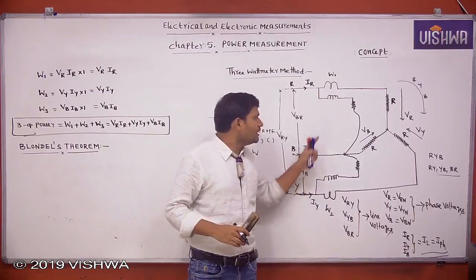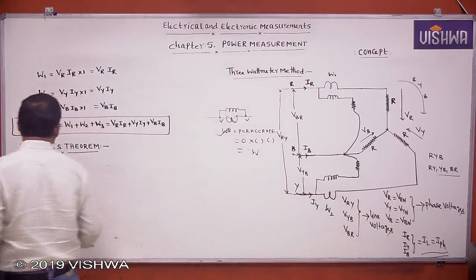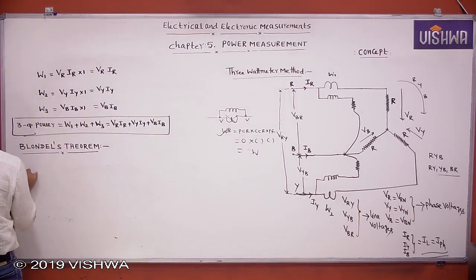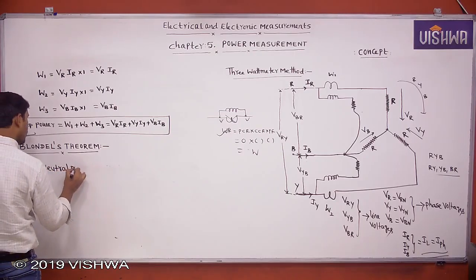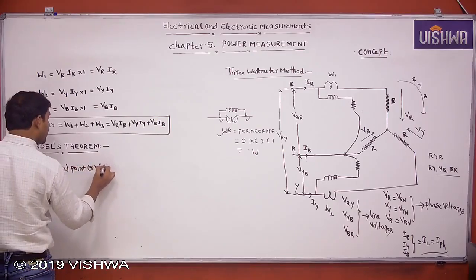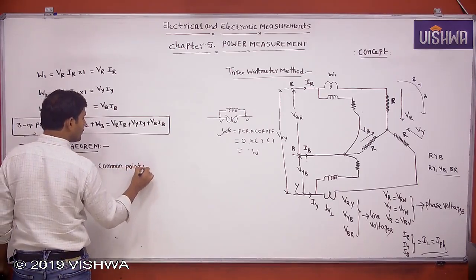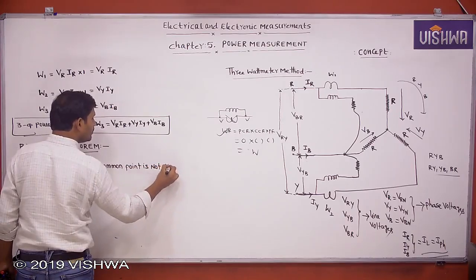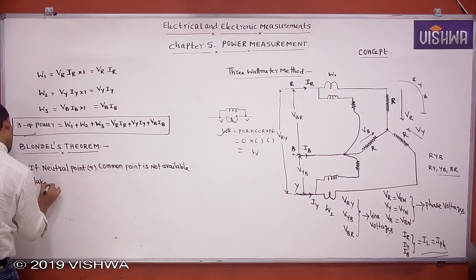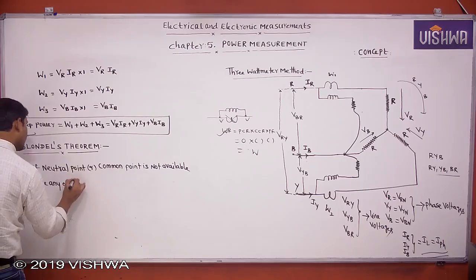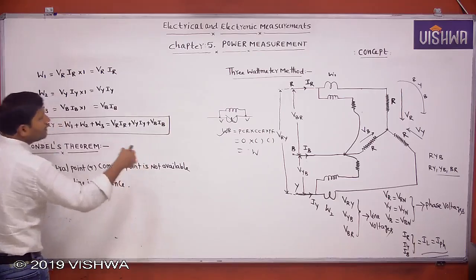Then I want to prove that these 2 wattmeters measure the 3-phase power. That means first you write the statement of Blondel's theorem. That is, if the neutral point or common point is not available, take any one line as reference. In that line,